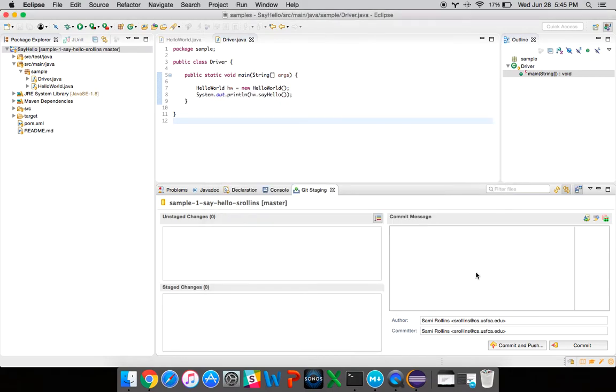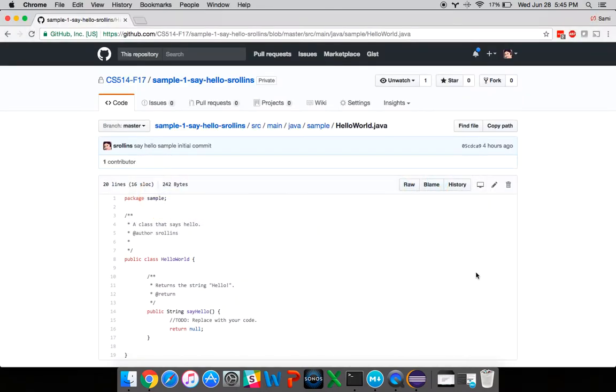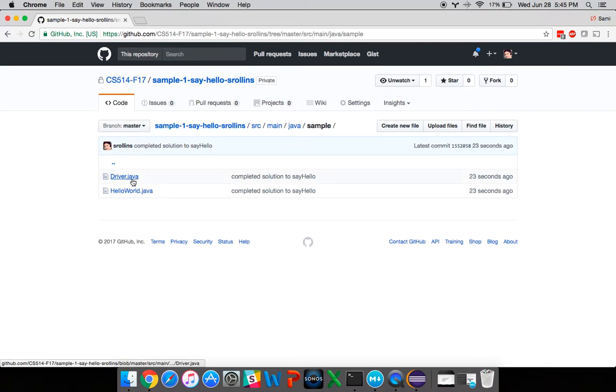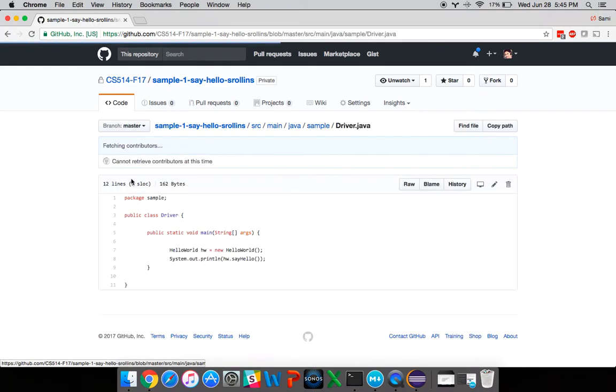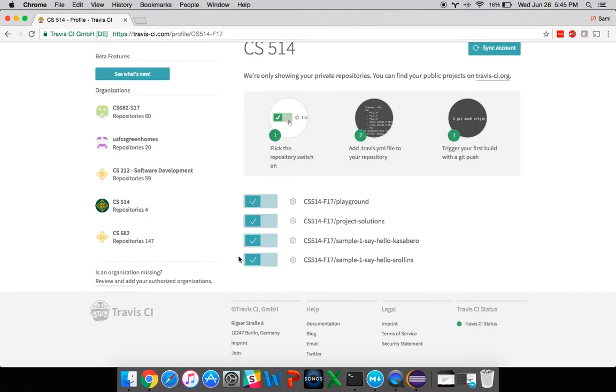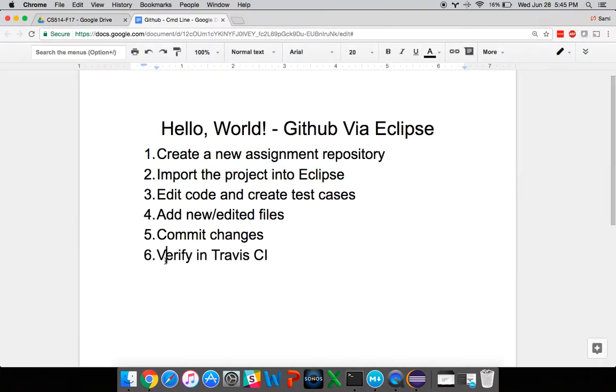We can say okay. And now, if we reload our changes, we should see the new solution. And if we look in this directory here, we will also see the driver, right? Which was a new file that we actually added to the project. So fantastic. Now the last step that we want to think about is verifying in Travis CI that our test